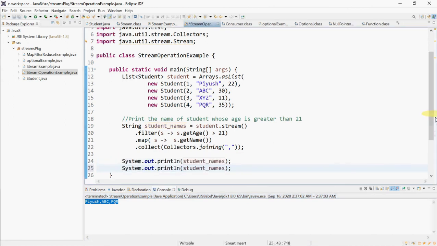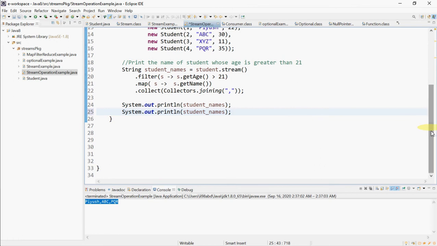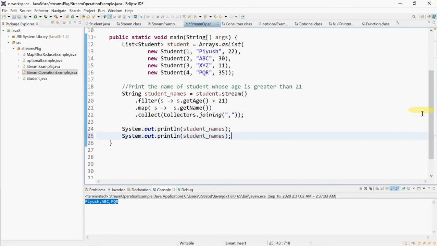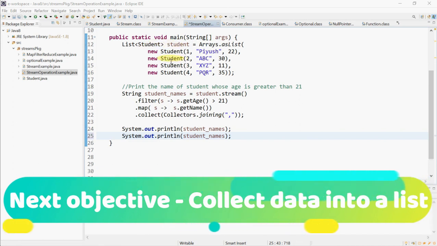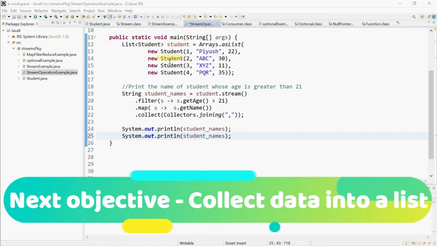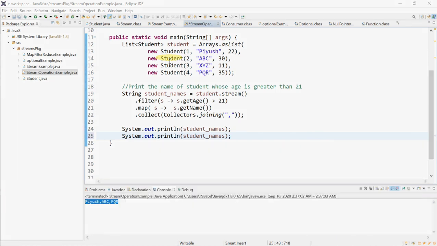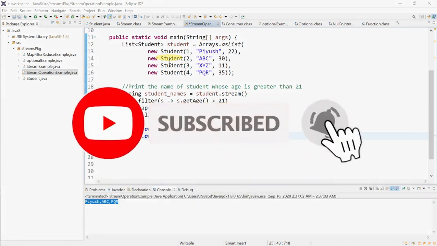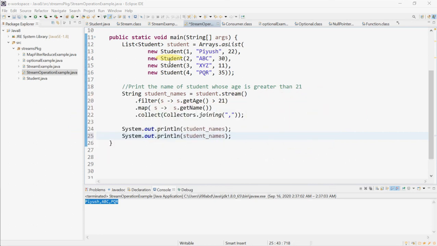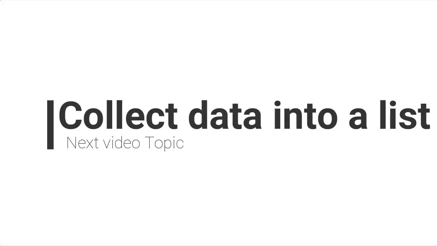Now let's take another example. So what is the objective here? We are practicing it, right? So let's think like you need to parse over this list and add it to another list object. So the complete student object where student age is greater than 21. You need the student objects which are greater than 21. You don't want to print it. In the earlier example we only printed it for each, but I don't want to print it, I need the new list. Okay, so